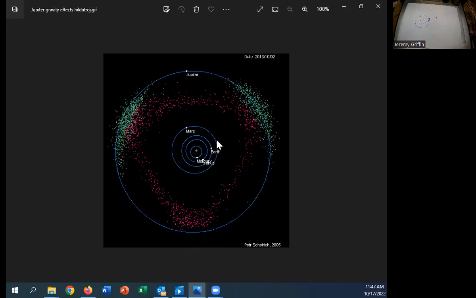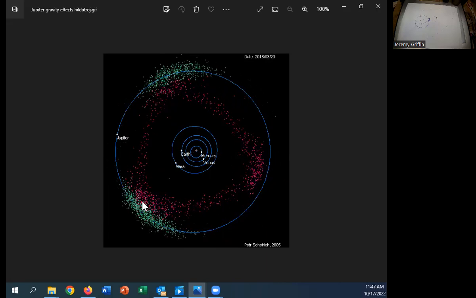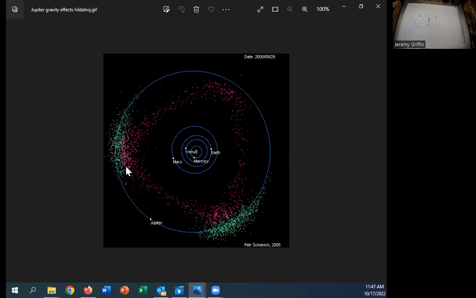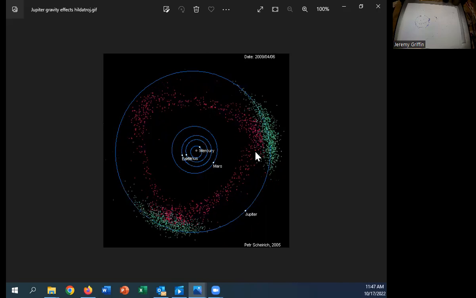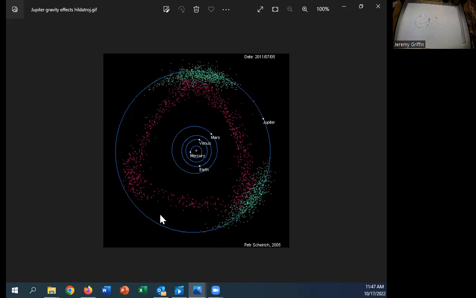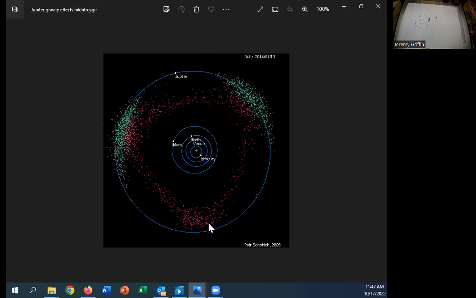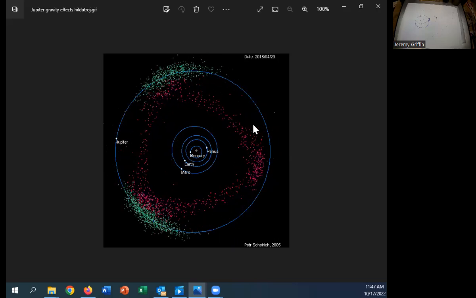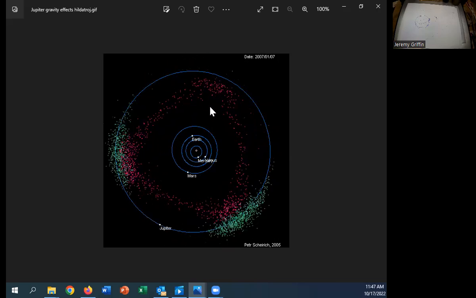But do you guys see 2 green patches of dots? Oh, wait, back up. Okay. Back to the pink dots, the asteroid belt. See how the asteroid belt looks kind of triangular-ish, right? Do you guys see it? This right here would be the L3 point between Jupiter and the Sun. It's on the opposite side of Jupiter. You guys see that? Okay, so that's kind of interesting, right?